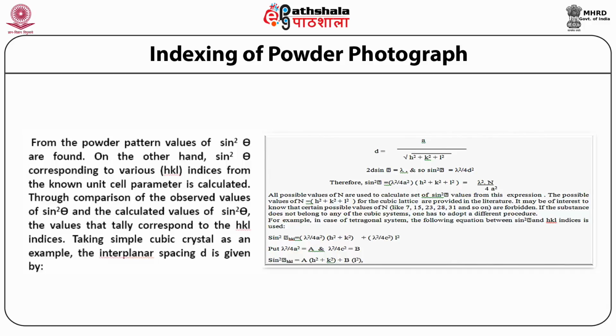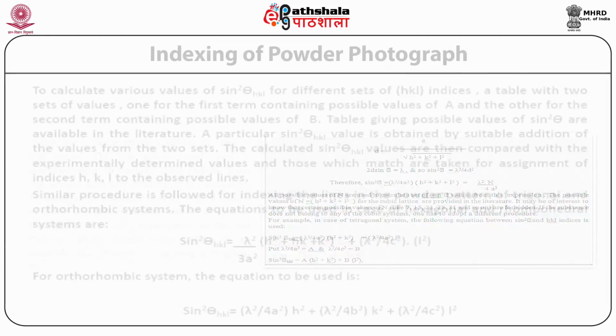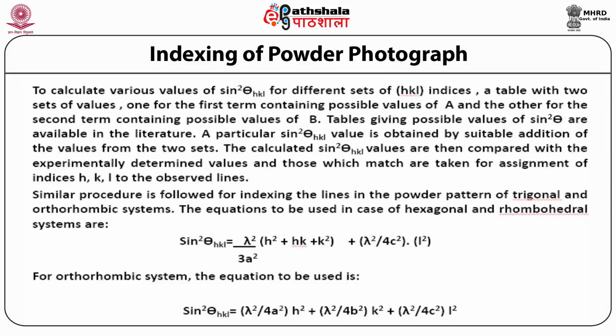Sine square theta HKL is equal to lambda square upon 4A square into H square plus K square plus lambda square upon 4C square into L square. Let us put lambda square upon 4A square equal to capital A and lambda square upon 4C square equal to capital B. Sine square theta HKL is equal to capital A into H square plus K square plus capital B into L square. To calculate various values of sine square theta HKL of different sets of HKL indices, a table